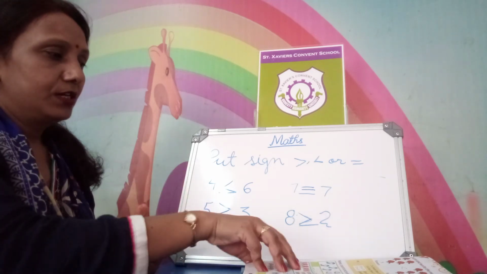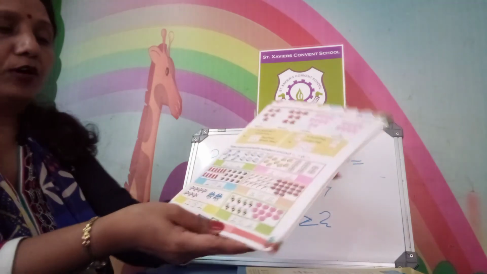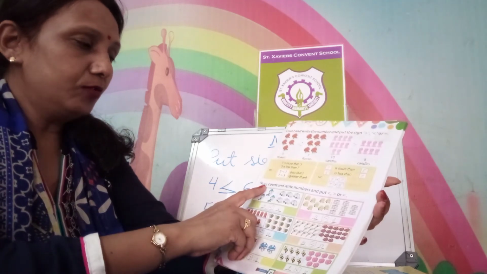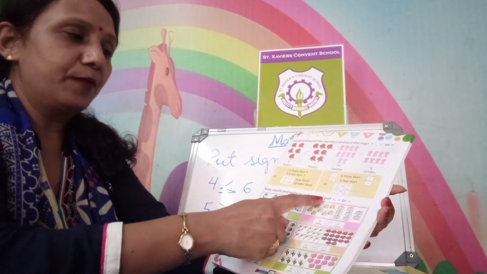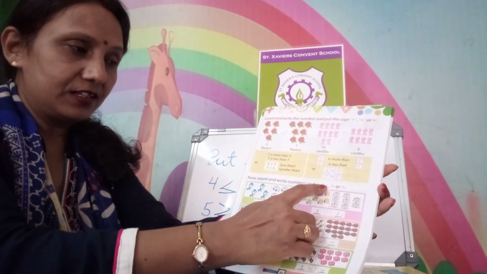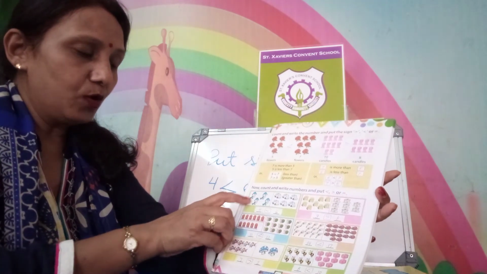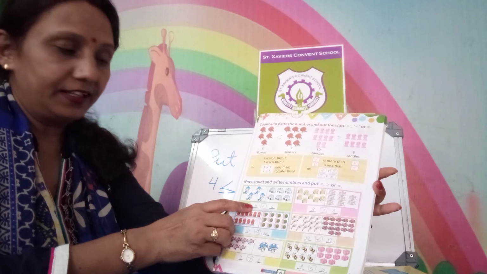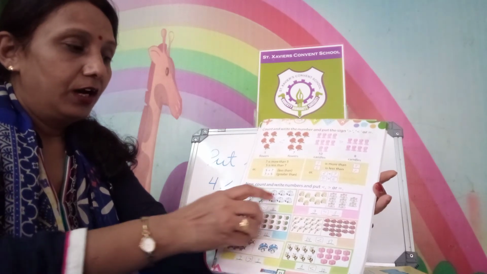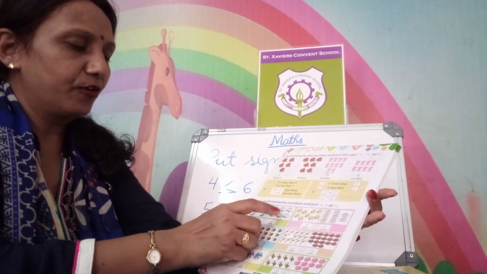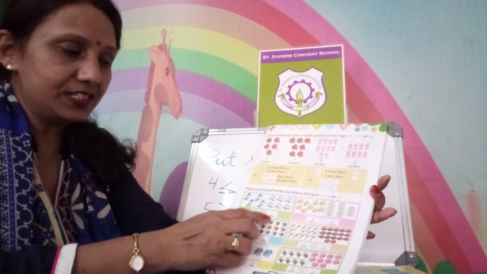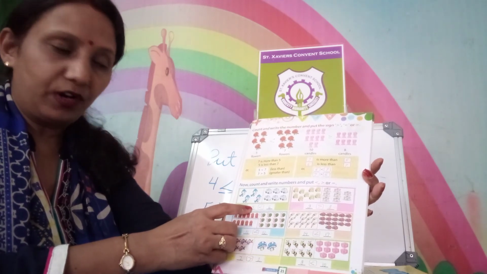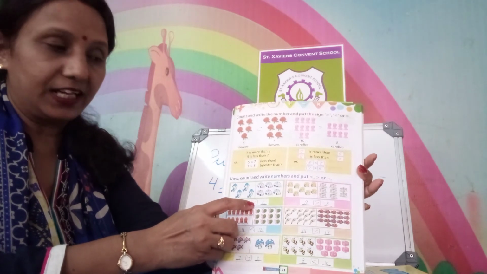Yes? Now, some exercises are there in your book also, page number 21. You have to do, okay? Now, count and write numbers and put these signs, greater than, less than or equal to. Here you count 1, 2, 3, 4. How many birds? 4. You have to write 4. How many cards? 1, 2, 3, 4, 5, 6. What have you written? 6. Which is greater? 6 is greater. Which is less? 4 is less. Okay? So put this correct sign.